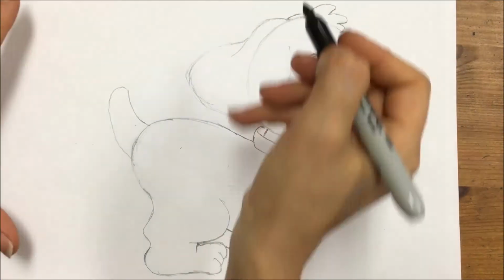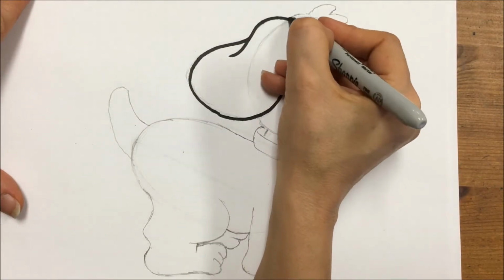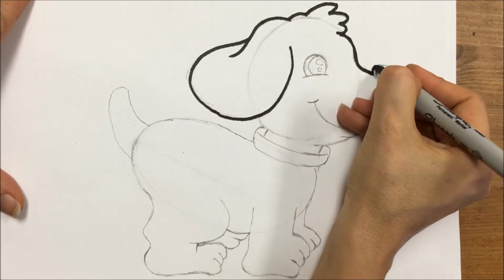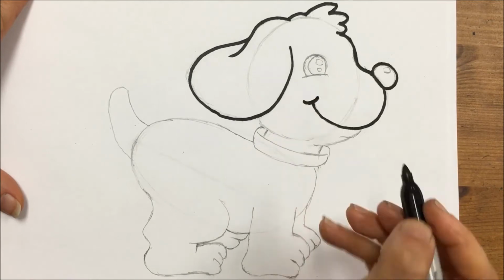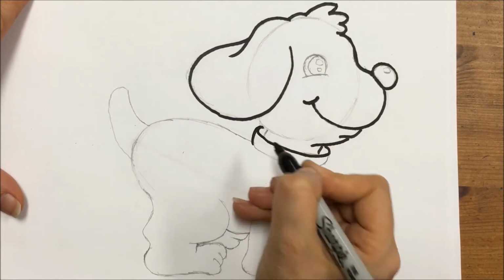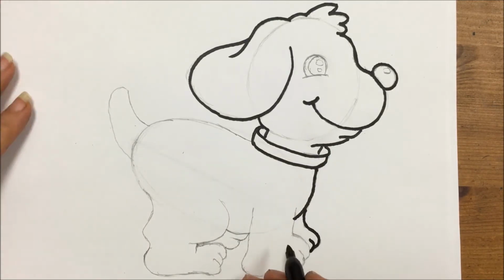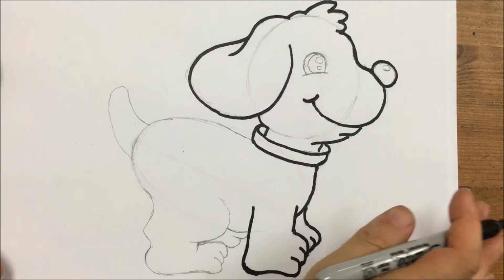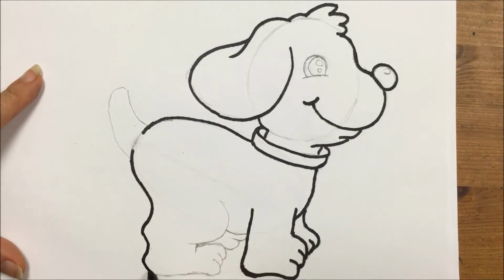Now outlining with black Sharpie marker just like this, his ear and hair and the face and his nose and the mouth and cute smile here, and then his collar, his chest, and then arms and toes, his back and legs, toes,